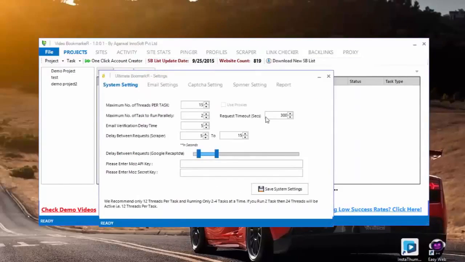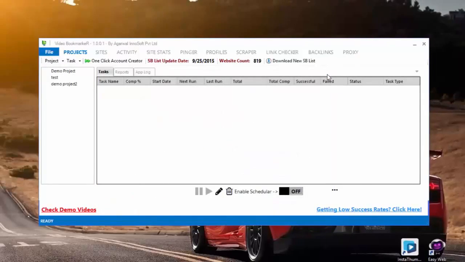So those are just a few of the key settings that I wanted to point out to you before we get started. The rest of these we'll cover in more in-depth tutorials. So let's close this window here and we'll go ahead and start creating some accounts on the bookmarking sites with